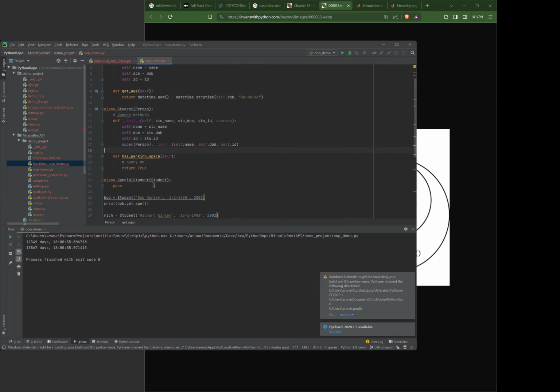Okay. So here you can see that we'll also get rid of this special student. Here we have a student called Bob, and we are setting the attributes, and we are just saying bob.getAge. The getAge method is not part of the student. It's actually part of the person class. The person has it,